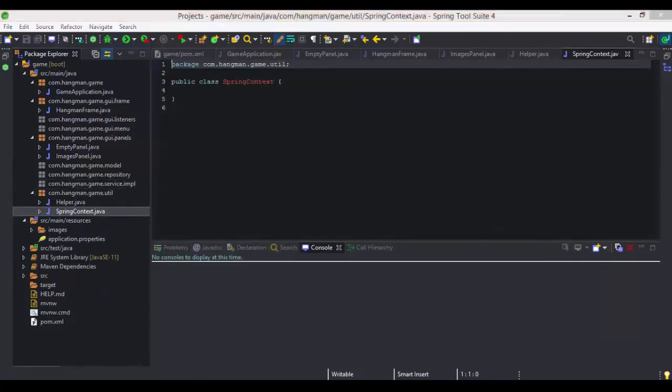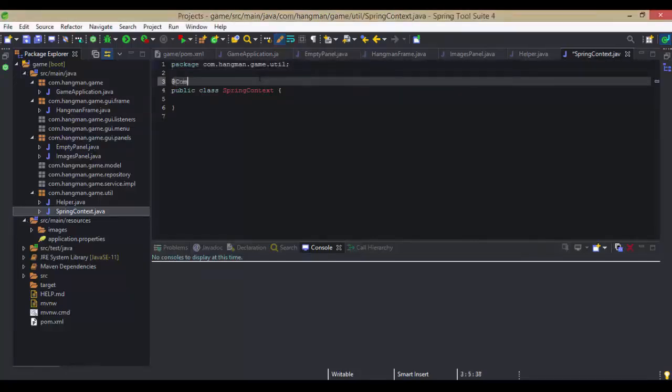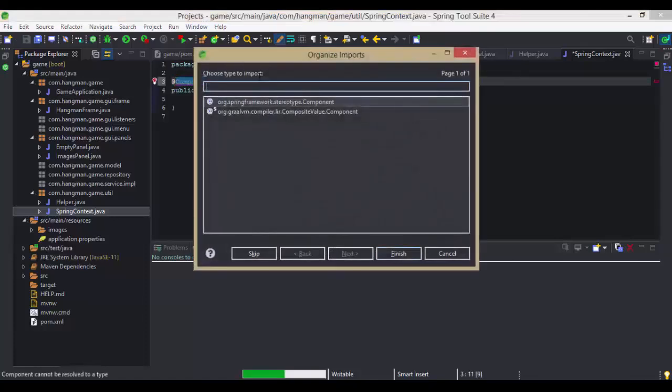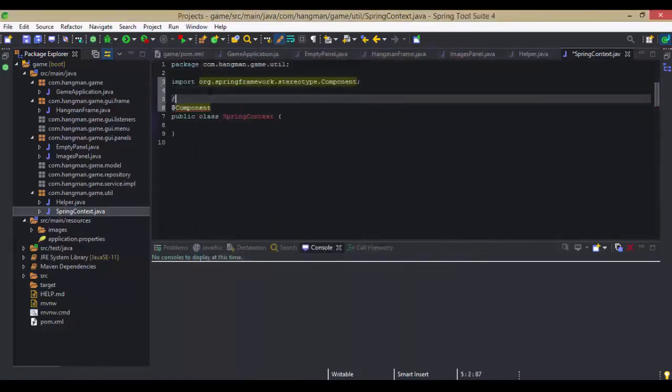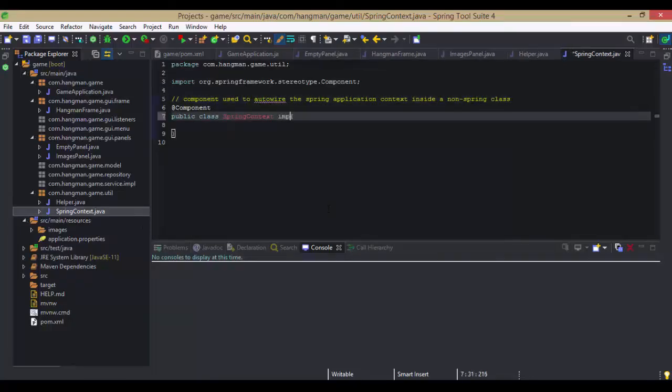We'll need to annotate this class with a component stereotype, and let's also add a descriptive comment, such as this component will be used to autowire the Spring application context inside the non-Spring corresponding class. You will see at a later point in this course how this class will be used. So SpringContext needs to implement the ApplicationContextAware,